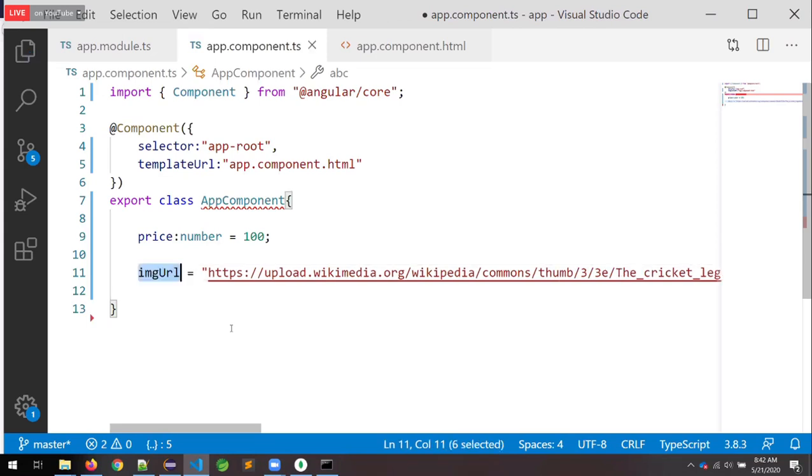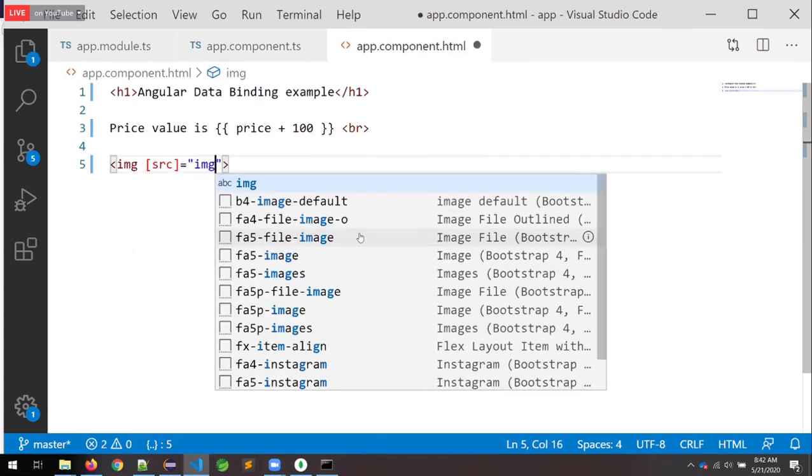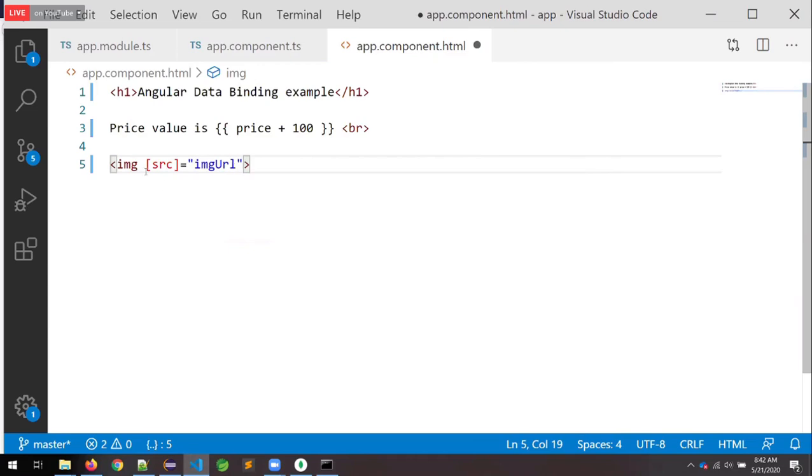So that is why I'm taking Image URL as the variable name and as the property name. Now tell me, what is the one I need to provide? Image URL. So if we provide square brackets around the attribute, this attribute is expecting the value from the component. Very simple.